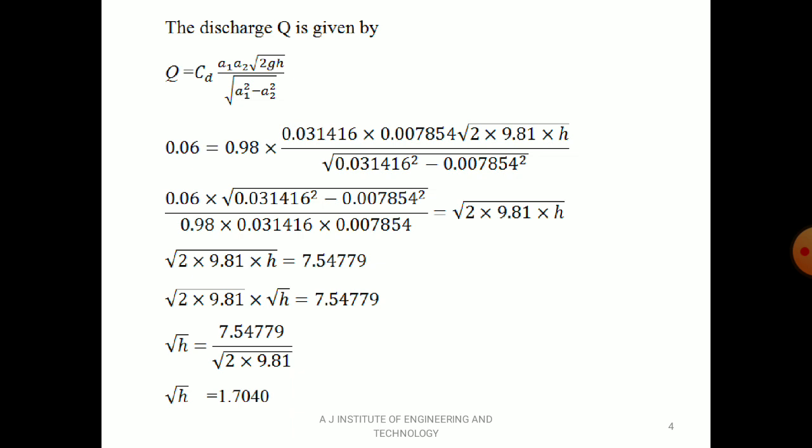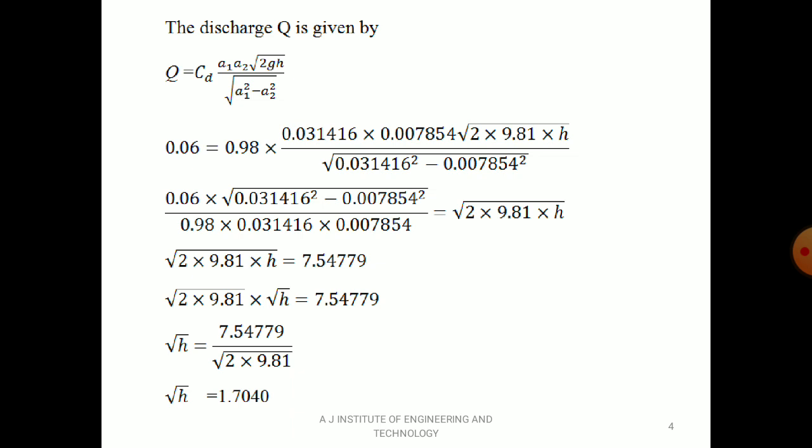So in order to calculate X, we should know the value of H, because there is a correlation available between H and X, that is H equal to X into (SH divided by SO minus 1). That is for a manometric fluid which has specific gravity greater than the flowing fluid. This is the first case here, because the specific gravity of the flowing fluid is 0.8, which is lesser than that of the manometric fluid. Mercury is the manometric fluid, with specific gravity 13.6, and 13.6 is greater than 0.8.